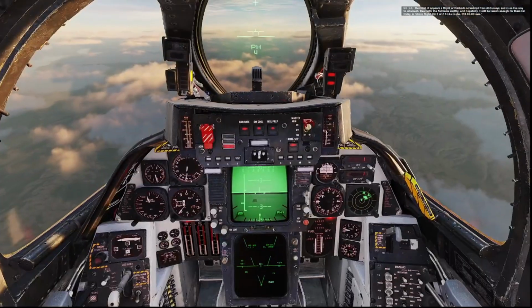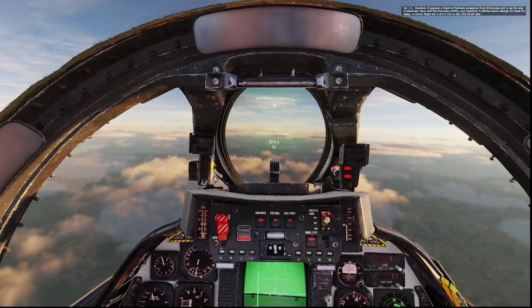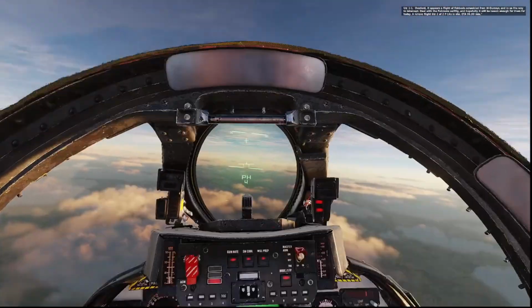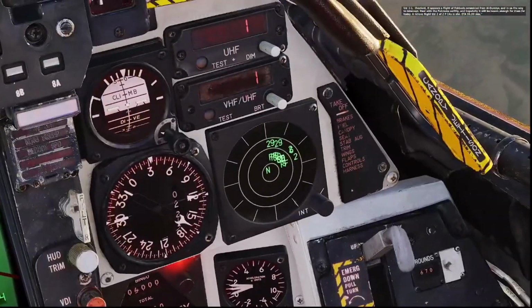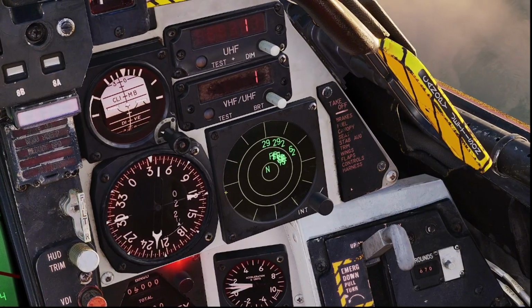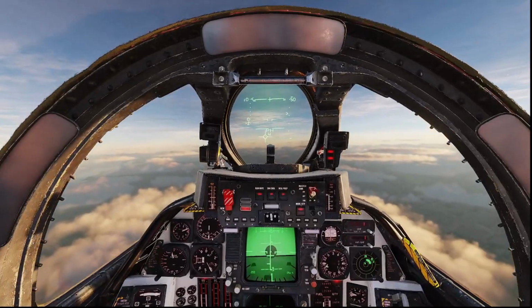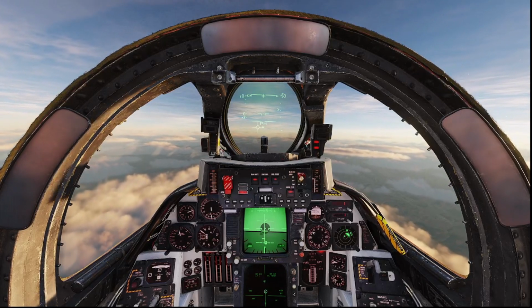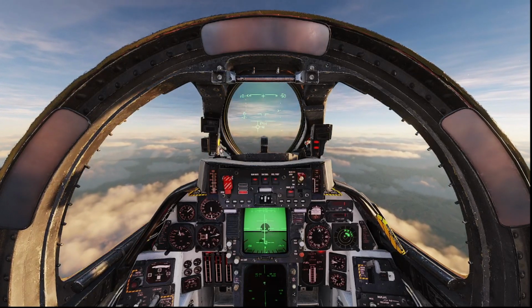One thing you want to note is how the Phoenix, the higher and faster you are, the longer the Phoenix is going to be able to travel, right? So you're going to want to keep an eye on your RWR here. If he fires on you, here's your 9 and 3 o'clock positions. If he fires on you, you can notch there. We're going to get some altitude and speed here. He's at a good firing distance, so we're going to